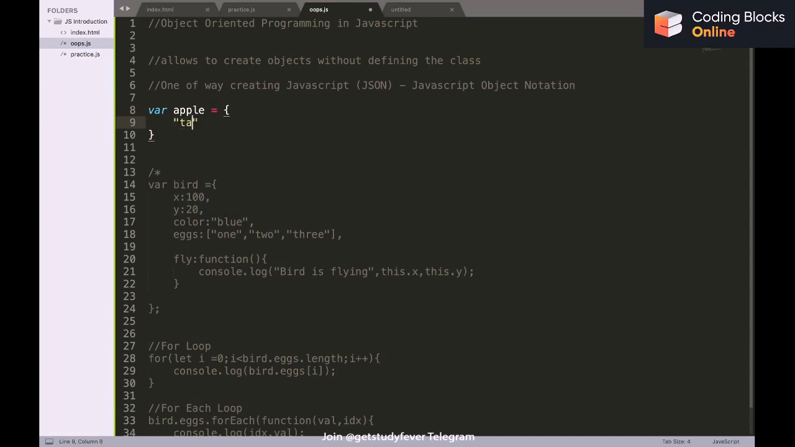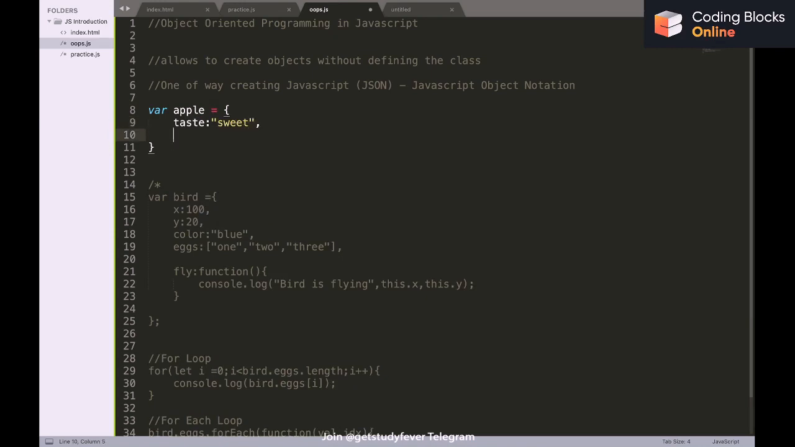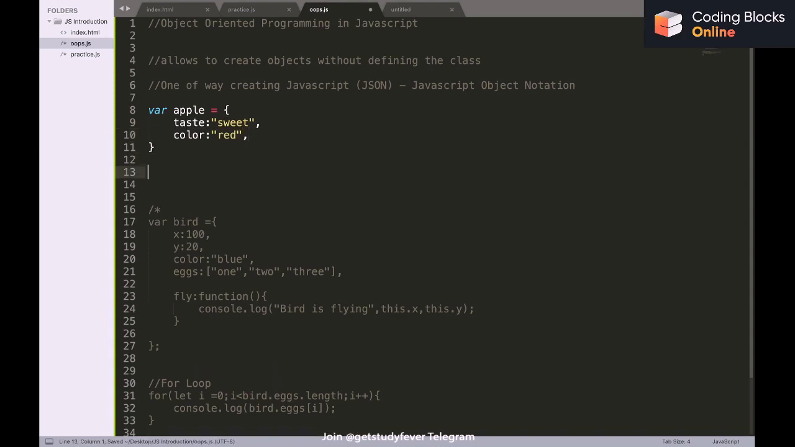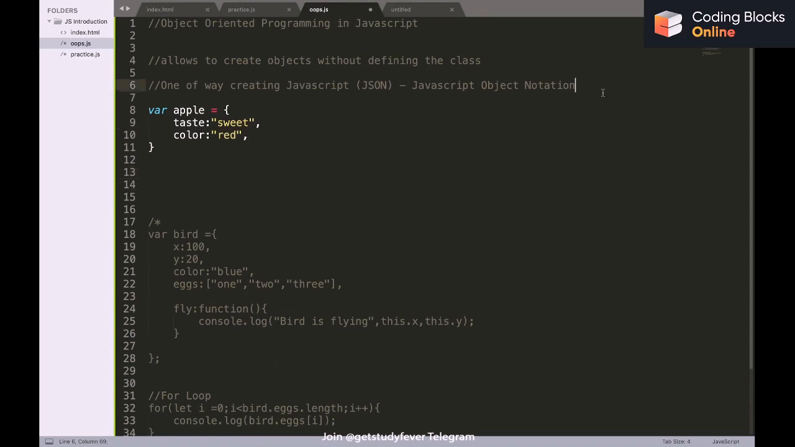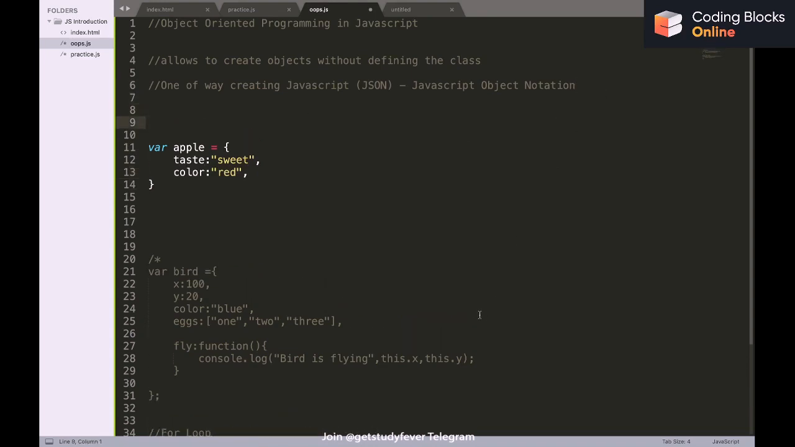I have taste, and let's say taste is sweet, and I have the color of the fruit, that is red. So this will actually create an apple object. In other ways, if I want to create multiple fruits, I need to do something